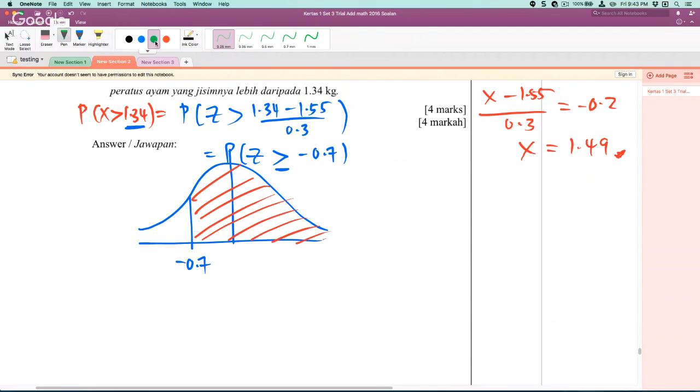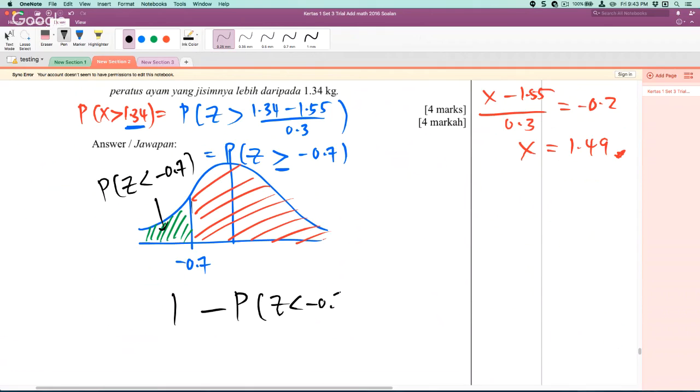So what you need to do is use the total. The total of the bell-shaped diagram is 1, and you minus the green color part. So I will use total minus the green color part. What do we call the green color part? The green color part is the probability z is less than negative 0.7, because this line is negative 0.7, right? Going to the other side means less. So this one is z is less than negative 0.7 equals to